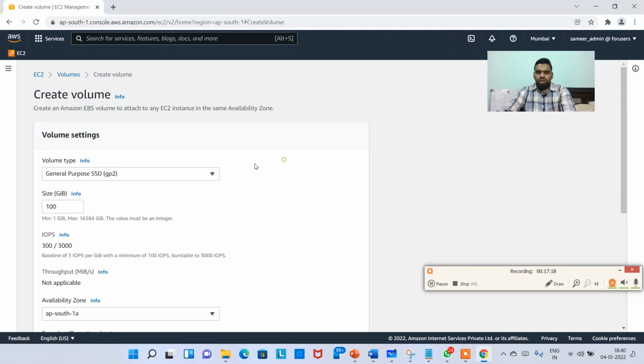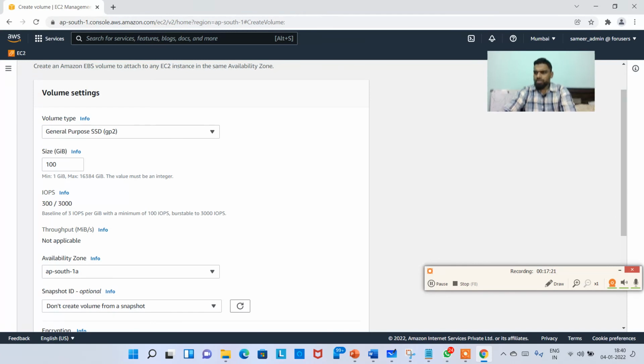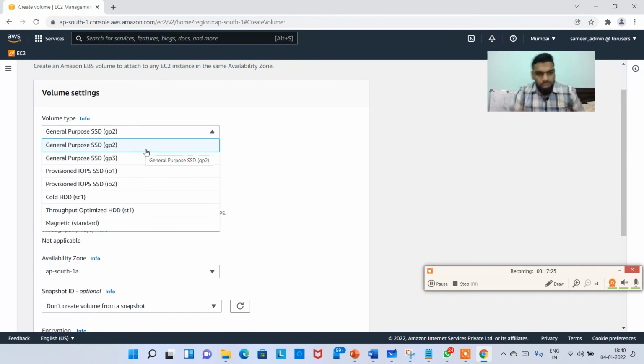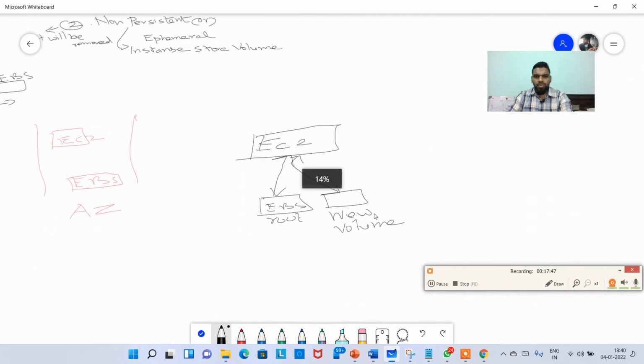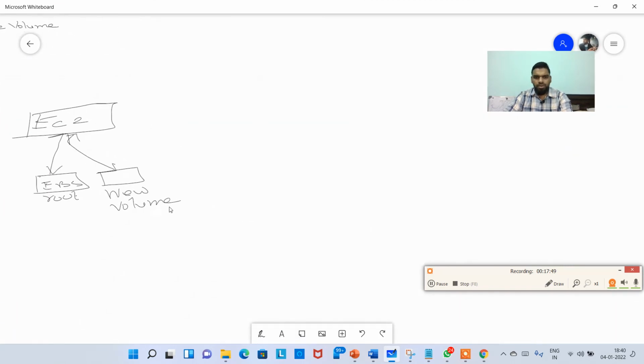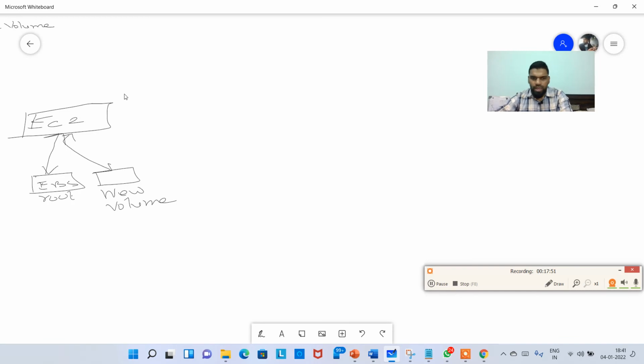When you create a volume, there are different volume types. We have General Purpose GP2, General Purpose GP3, Provisioned IOPS SSD IO1, IO2, Cold HDD, Throughput Optimized HDD, and Magnetic Standard. If you ask me, Sameer, do you have to know everything? Based on my experience, I'll tell you what exactly these are. So here we go. We have GP2,